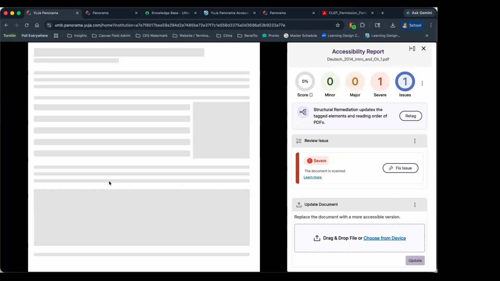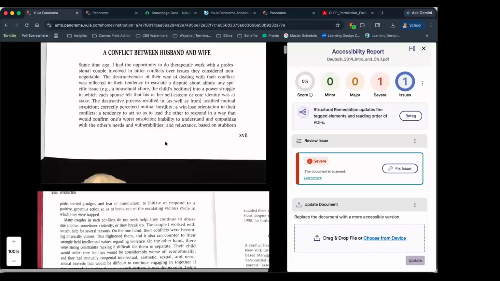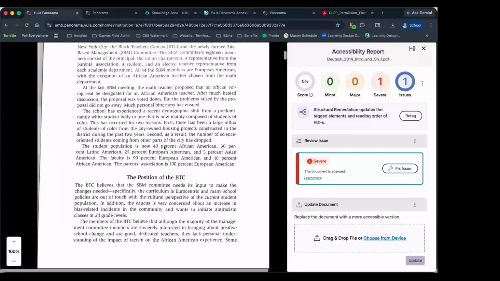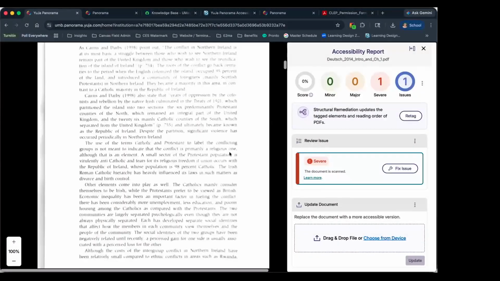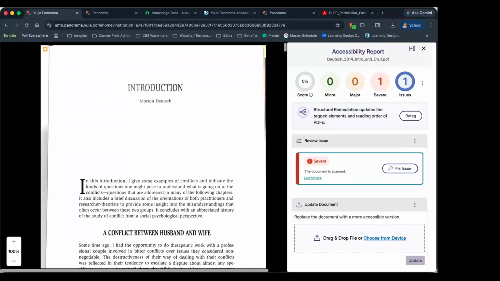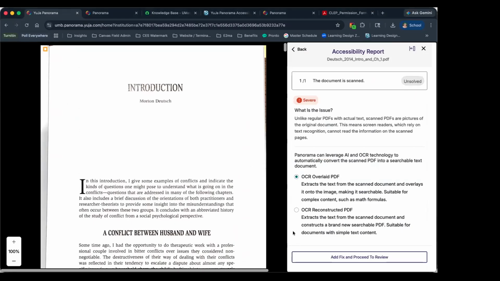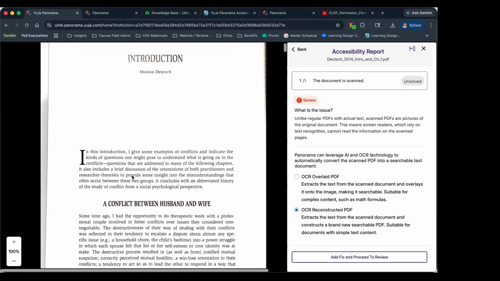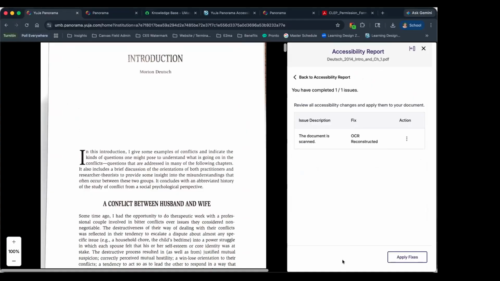I want to hop over into this document that has scanned. Okay, so are we looking for what it's doing with the black regions here around the document? So in this case, what we're going to do is we're going to do the fix issue. And since this is simply a text document, I'm going to do the reconstructed.